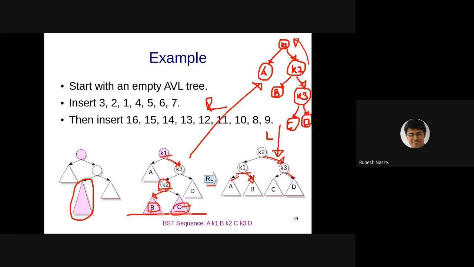Pavan says, what if K2 is 16, K3 is 18, and C is 20? That will not be a BST, right? You are right. If C is greater than K3, then the BST property wouldn't be satisfied. We have not said anything about the values; we can say that the values satisfy the BST property. If it were 20, it would have been inserted somewhere else, in the right child of K3. Is that okay, Pavan?